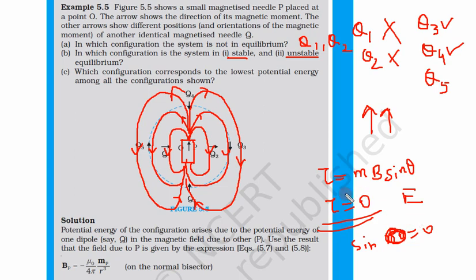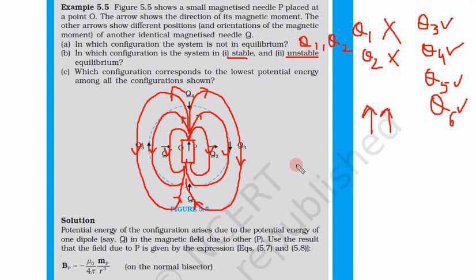First we have to understand what is the equilibrium, what is non-equilibrium. Equilibrium is that when it will not rotate or torque is 0. So we have seen Q3, Q4, Q5, Q6 will have no torque on this. Q1 and Q2 will have some torque because sin theta is sin 90. For all other sin theta is either sin 0 or sin 180 degree. That means there will be no torque. Now let us check the potential energy.